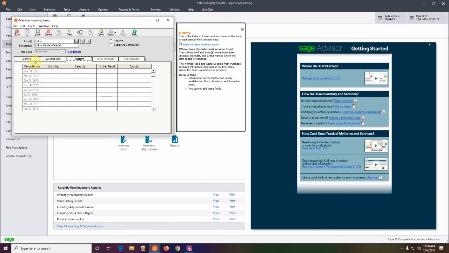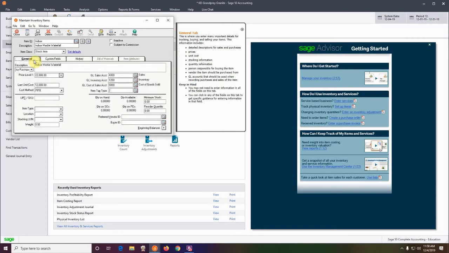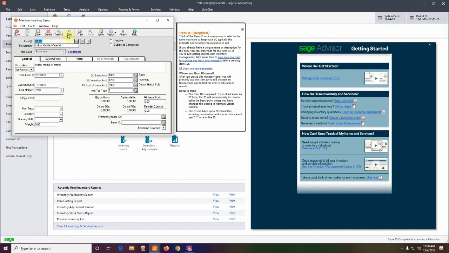Okay, so I am going back here to the General tab, and I'm going to wait on putting in the beginning balance. I can put that in at the same time as I put in the other waterfall, so I'm going to leave that be for right now. You could go in there and put in just this one and then separately just the other one, but I'm going to put them in together and save myself a couple keystrokes. So I'm going to say save and new, and the other one is an outdoor